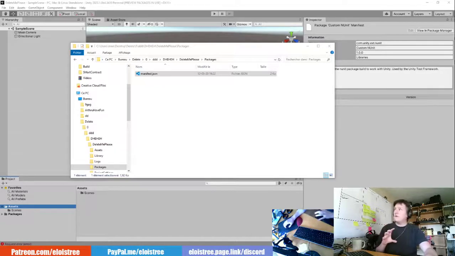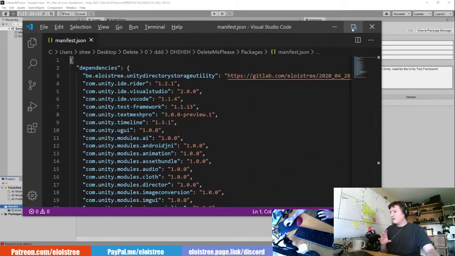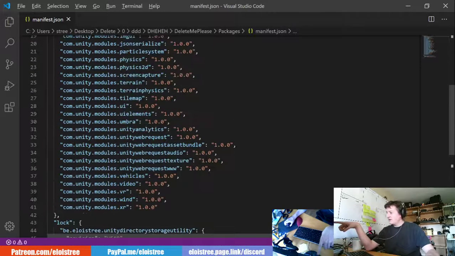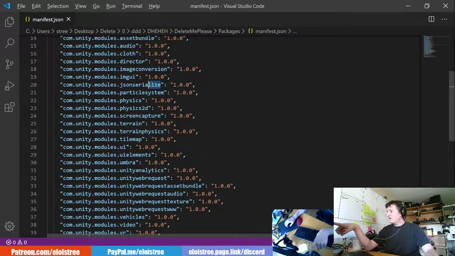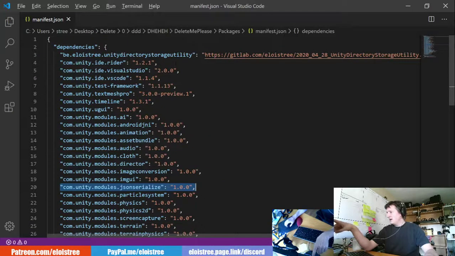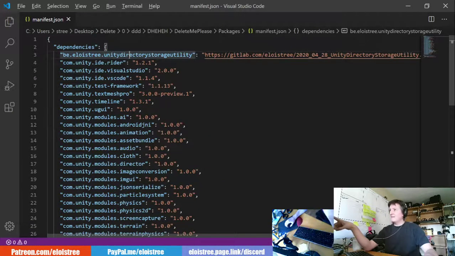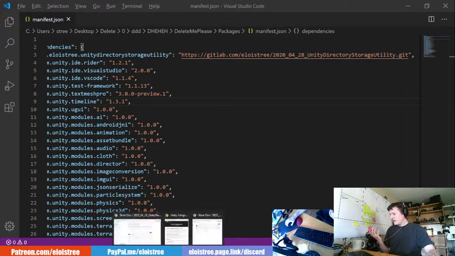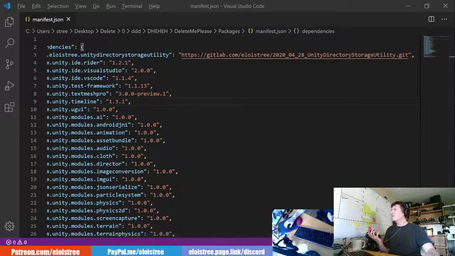You will be able to see a long list of tools that Unity is using in your project. As you can see, when you say I want to be able to serialize my object, it's because Unity has this tool here in the first version of Unity. And here, as you can see, what I add with the tool of Unity is just this line. It's saying I have a tool that has this ID, and here is where you can download it. So I will show you how to do that.